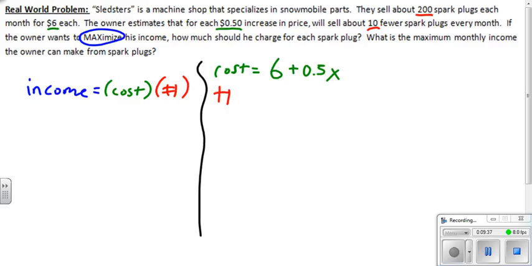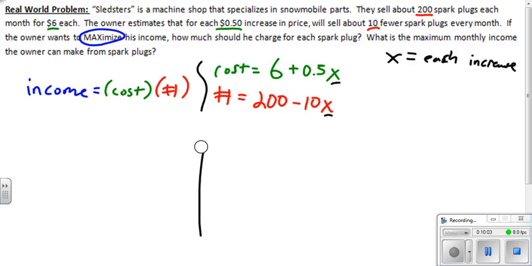Now, the number of how many he sells, remember he started selling 200, but that's going to go down 10 for every increase. So our x values in this case is each increase. Okay? Once we have this information, we can just plug this right back into